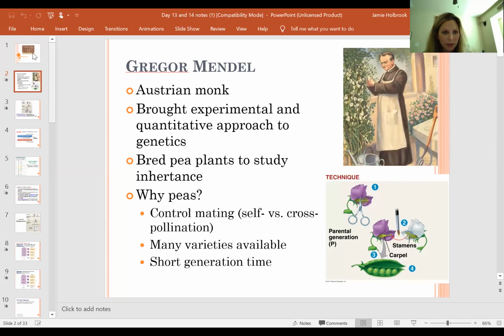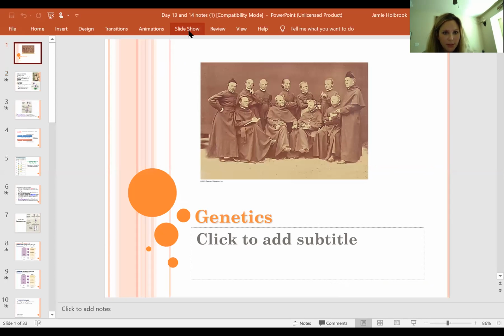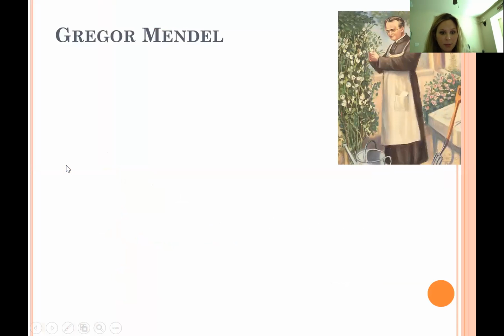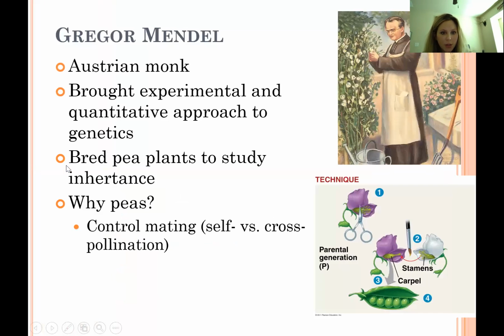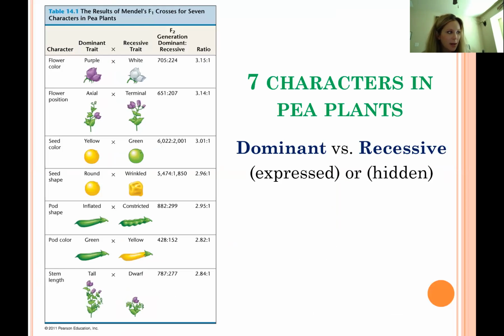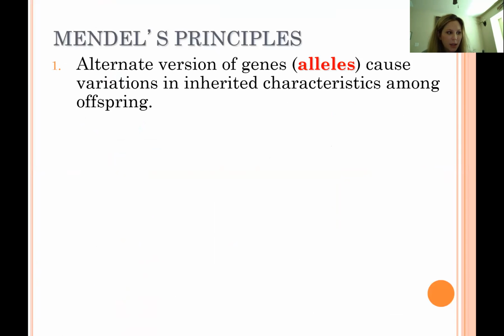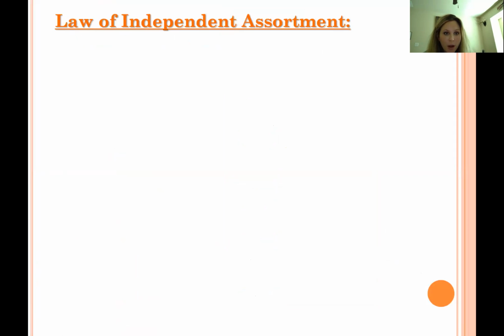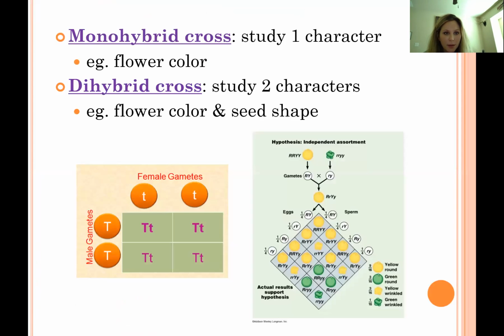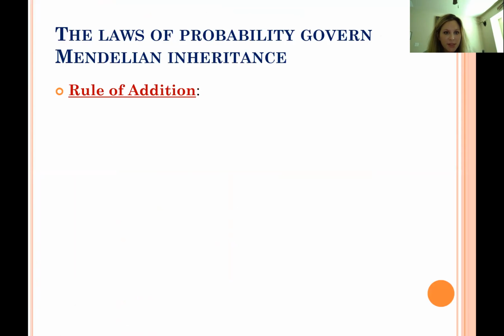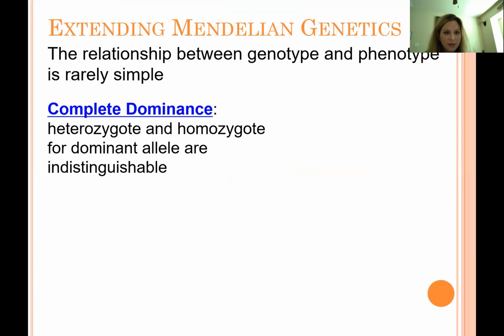All right. What we are going to do today is continue on with the second part of genetics. What you will need out today is your notes, and you will need the problems that I sent to you. All right, so I told you, remember to skip rule of multiplication, rule of addition, and then we are going to talk about